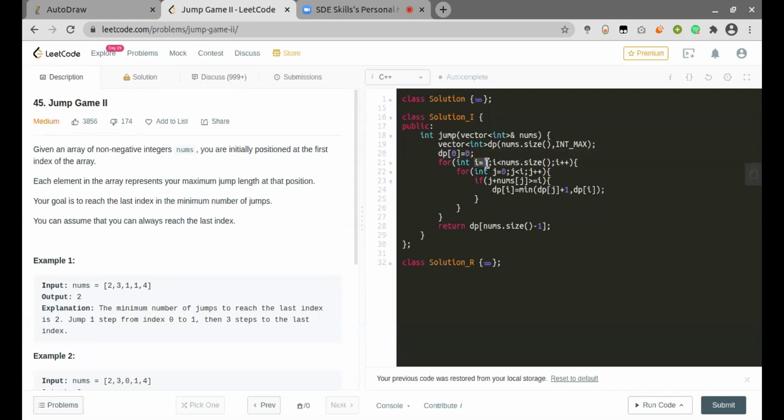Now I'll start with index 1, and I'll move till my last index in my nums vector. I'll always keep iterating through my leftmost possible index, and I will check if the sum of the current index and the value at that index is greater than or equal to the current index or not. This determines whether I can cross the given point from one of the leftmost indexes or not.